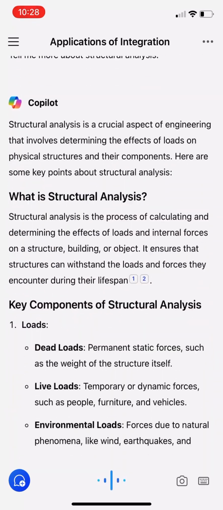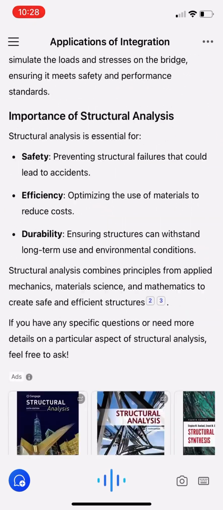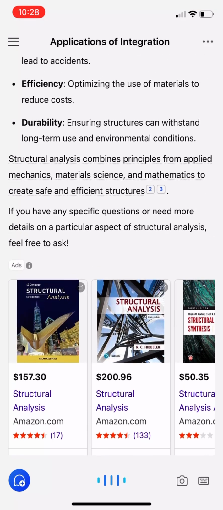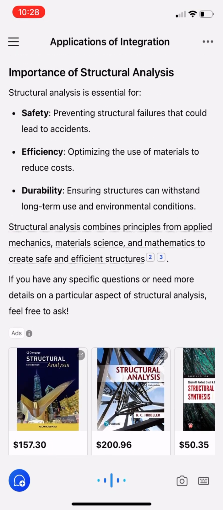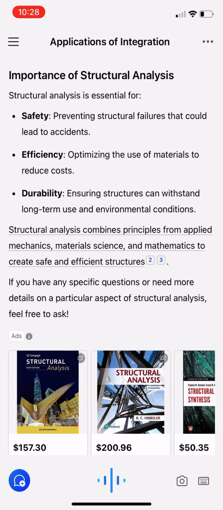Importance of structural analysis. Structural analysis is essential for safety, preventing structural failures that could lead to accidents. Efficiency, optimizing the use of materials to reduce costs. Durability, ensuring structures can withstand long-term use and environmental